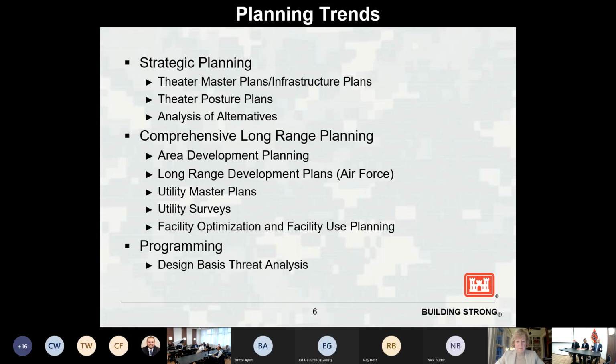So let's say they want to increase the amount of family members that are going to be accompanying a service member. And so we would need to account for increased housing on an installation, or maybe we need to expand the airfield because we have a different type of aircraft coming in the future. So these are all the long range development plan type pieces that need to be